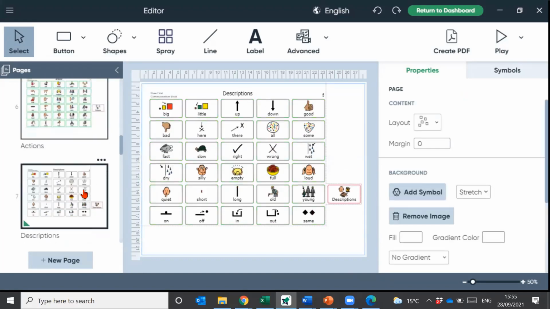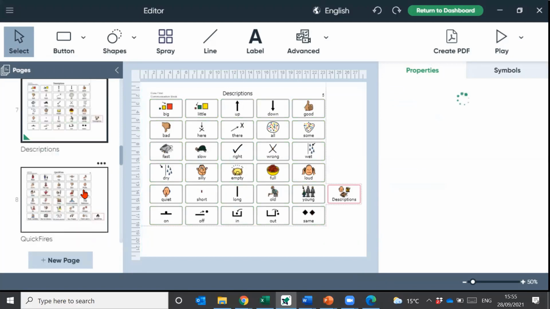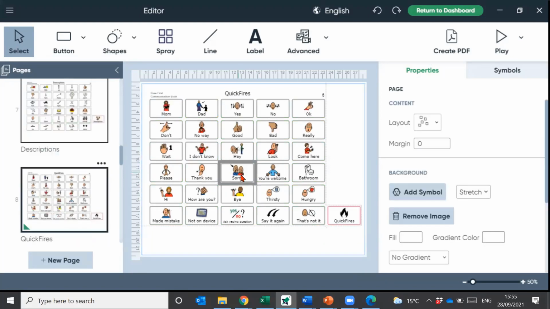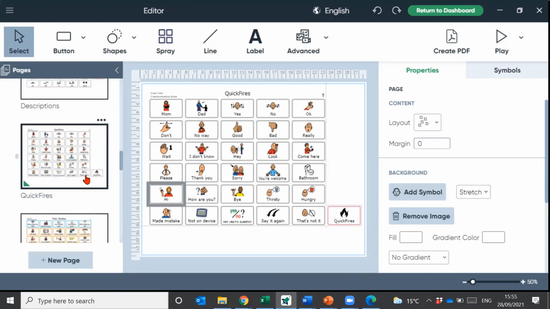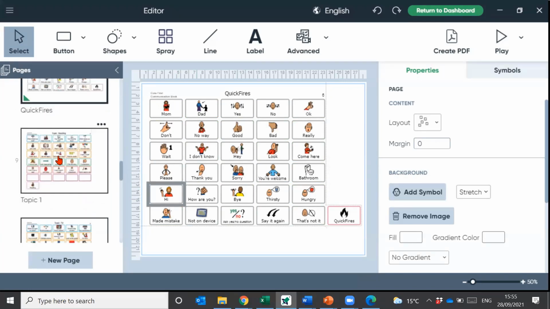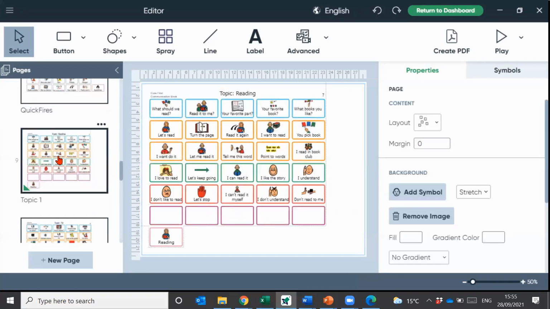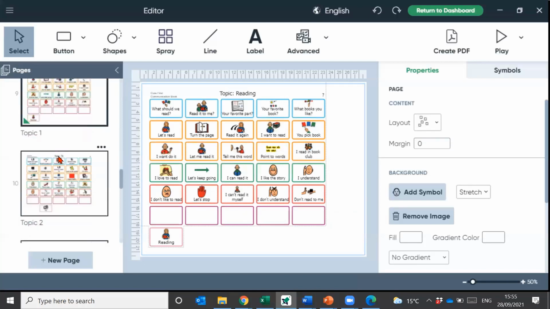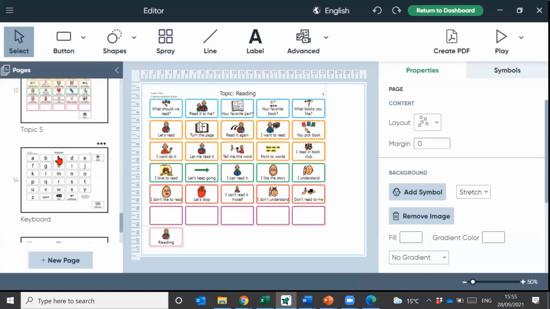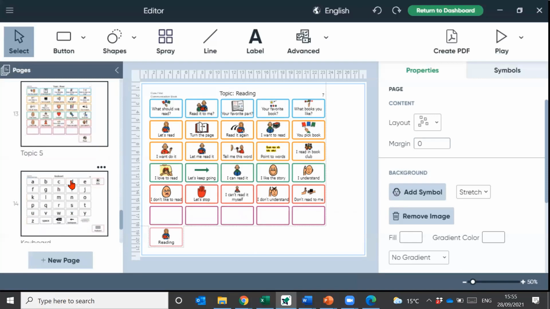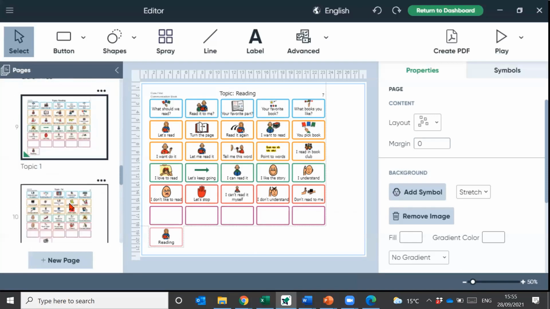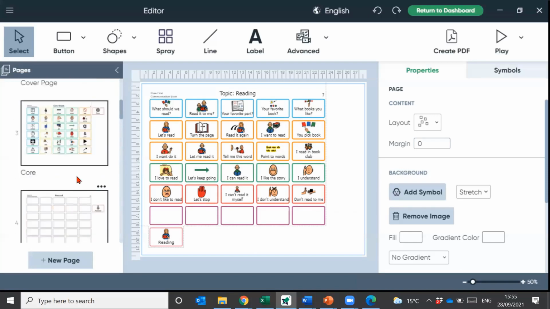So we've got things like descriptions, and we've even got pages of quick fires here. We've also got some ready-made topic pages here that you can use, or we can also create our own. So I'm going to show you how to do some of this. So the first thing that I want to do is I'm just going to come back up to this personal